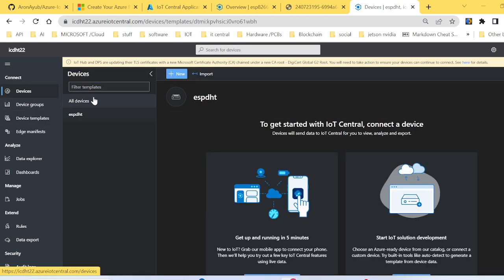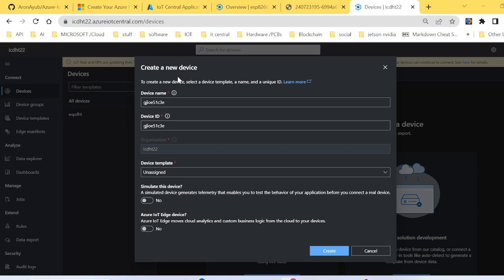After publishing it, you notice that if you click on the devices, that device will appear. Now this is not a device, this is just a template. Now what we do next is we create a device. Click on the new device, and you give it a name. Let's say